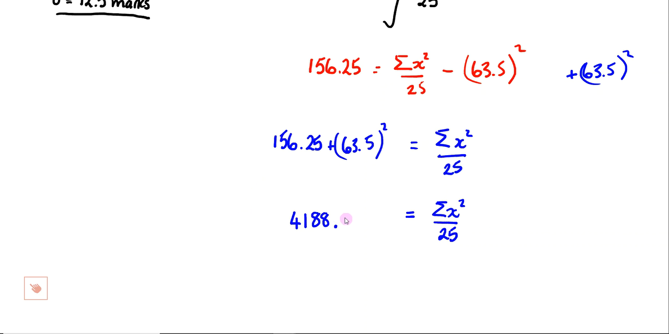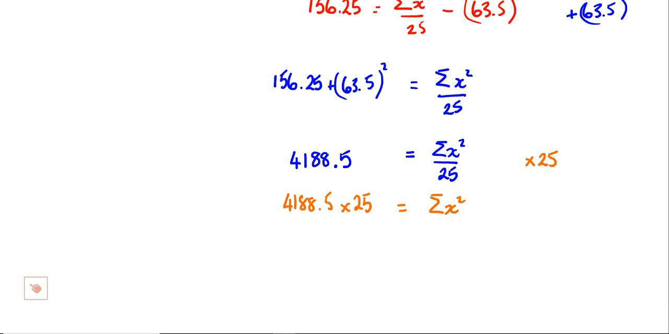0.5. Okay. What's the next stage then? Times by 25. So I've got 4188.5 multiplied by 25, and that equals the sum of the x squared values. So that will be